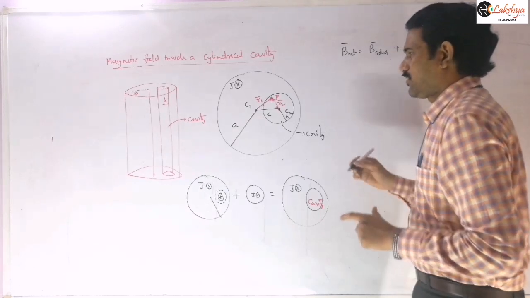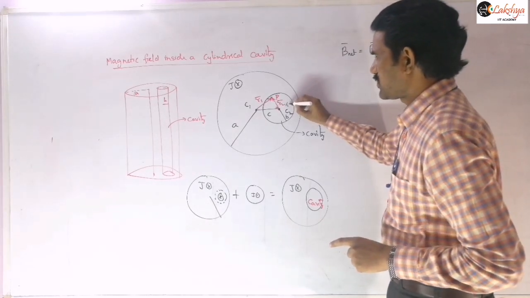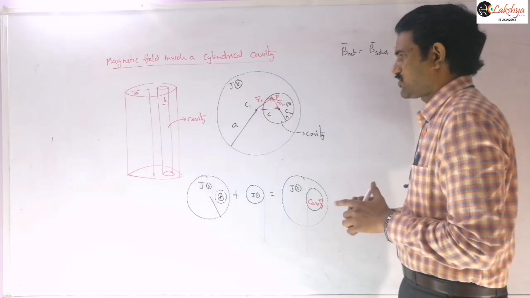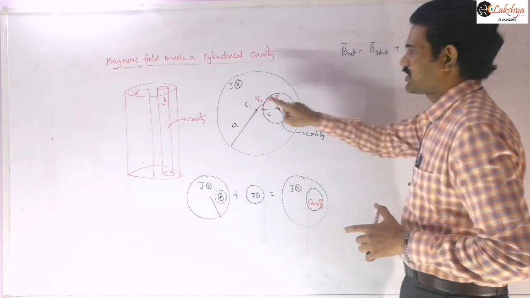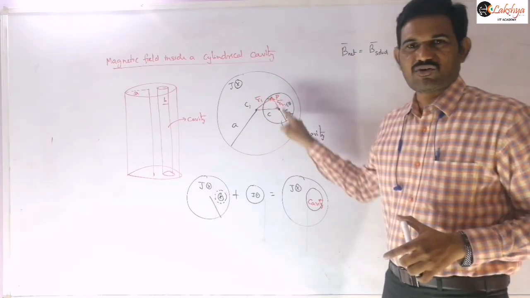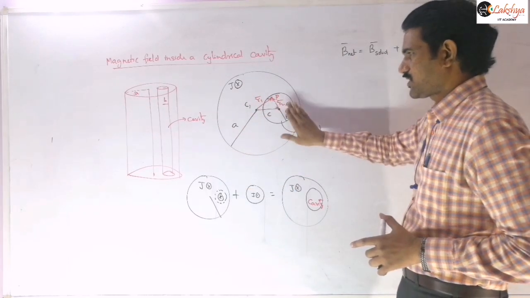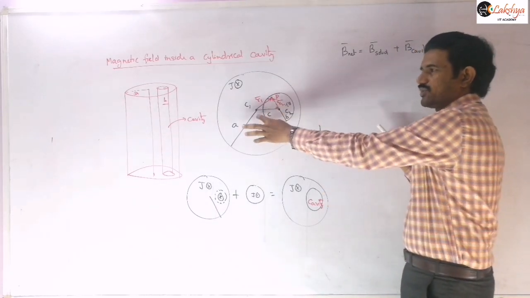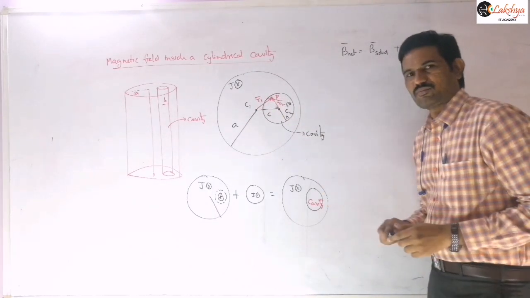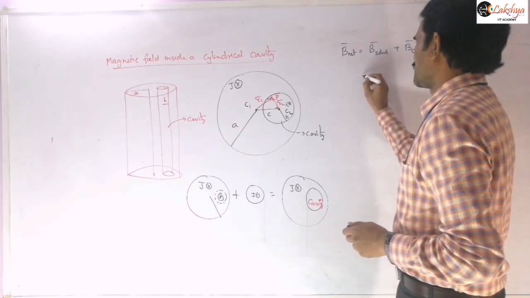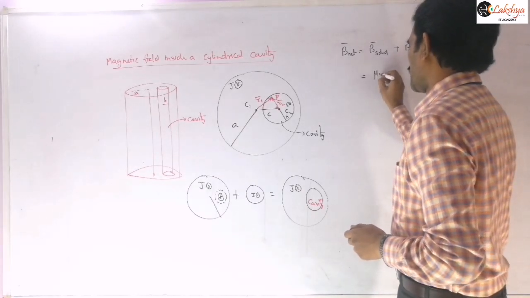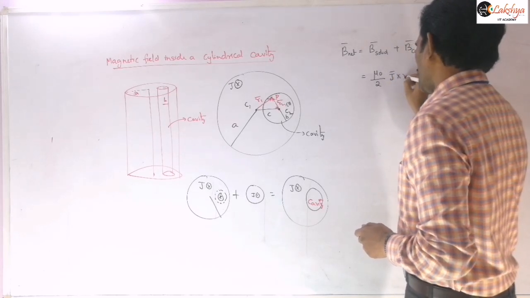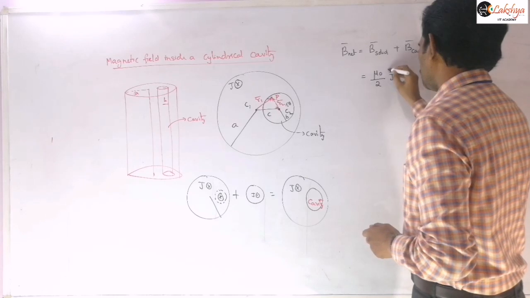Now here the current density we are taking as J out of the plane, and here the cavity has some current inside the plane we are assuming. So the magnetic field due to this solid cylinder, we need to assume as a solid cylinder without cavity. Then the magnetic field at the point P we need to write. This point P is at a distance of R1 from this. So I can write the magnetic field at that point as mu naught by 2 into J bar cross R1 bar.